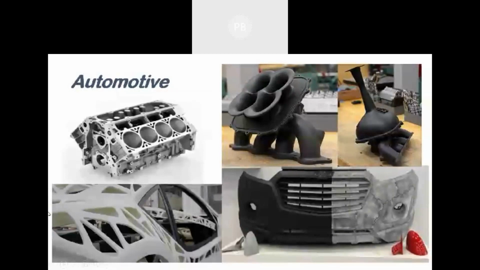The entire body of the cabin for crash testing, car dimensional testing, or car body testing, or for EV cars, they are now making a lot of body parts as 3D printed parts, which can be directly fitted into the car to make it lightweight. And again with prototyping, all the bumpers, grills, and the dashboard can be developed with a 3D printer for fit and aesthetic looks.